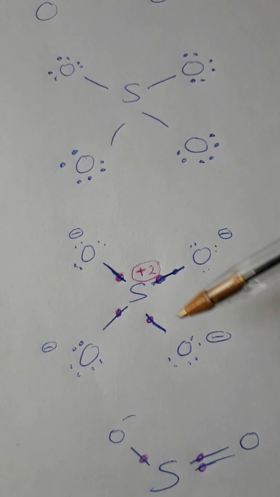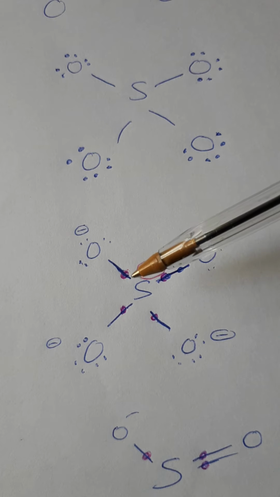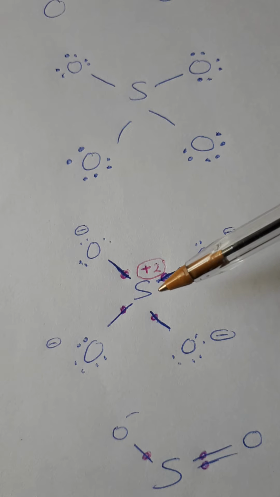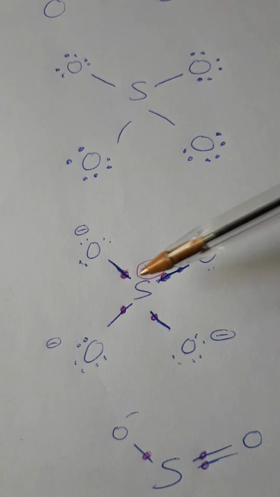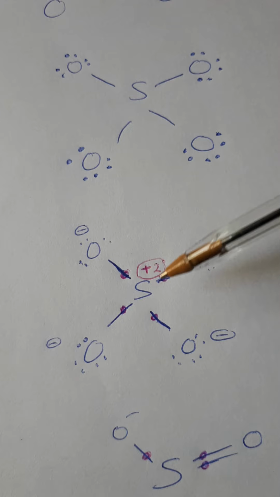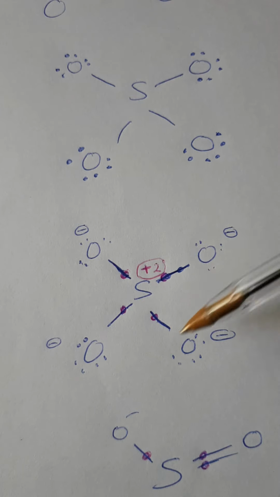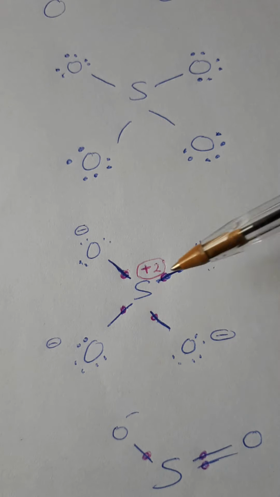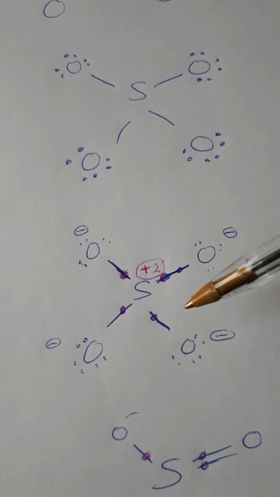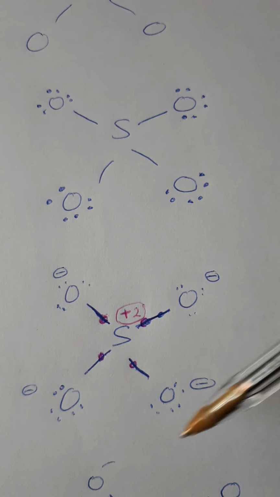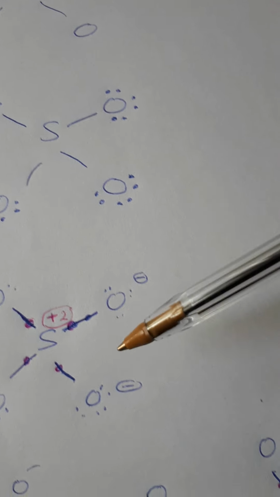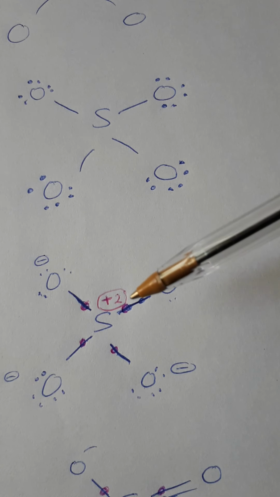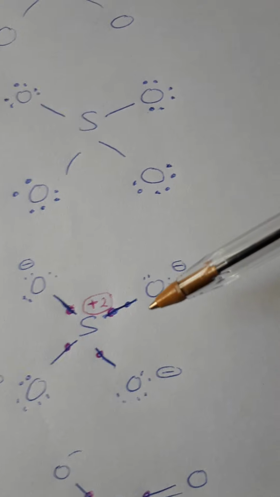I have shown the electrons around the sulfur atom in red color, 4 only. Instead of 6, it has 4, so it has lost 2 electrons. It has a charge of +2. So now we have done the formal charges, but the theory of formal charges says that the formal charges should be minimum. So we have so many formal charges and they are high too. So to minimize that, we bring a pair of electrons down here to make a double bond. Let's see what will happen now.